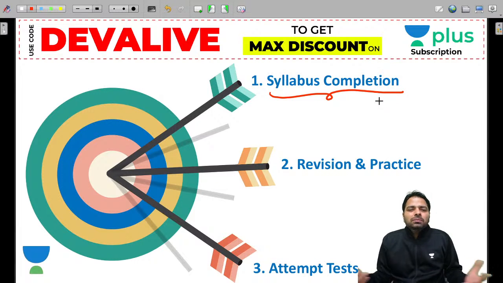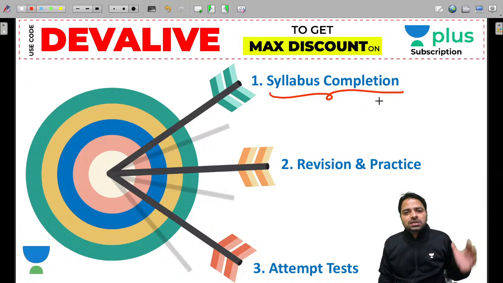How do you know that you are not able to complete the syllabus? Really, it's a very difficult question, guys. Never assume you will not complete the syllabus. That's a negative thought. You can complete the syllabus, but try. How do you decide without doing it? Do you know that? Right? So please don't assume I can't complete the syllabus. First try. I'll tell you what to do if you can't.